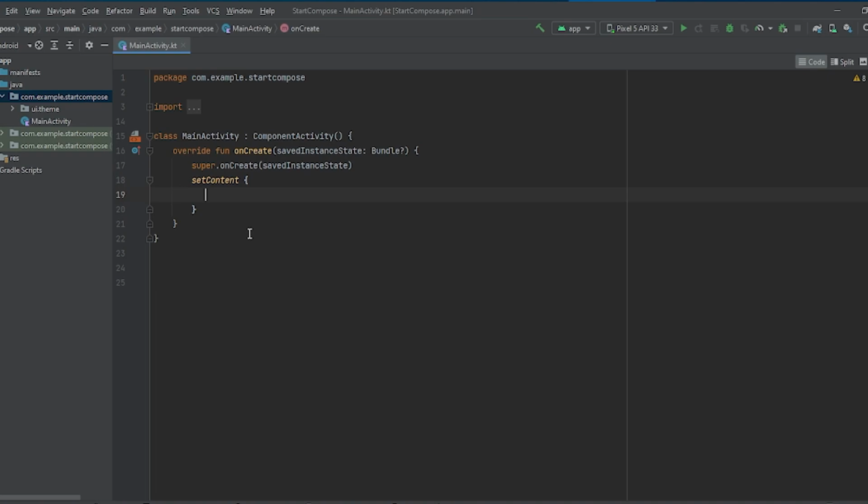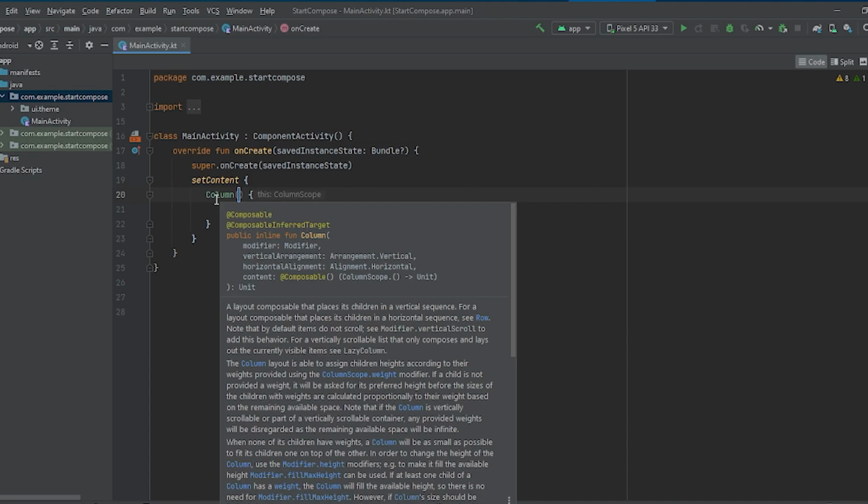So the main thing that you have to know about Jetpack Compose is that everything now is a function. Each UI component will be shown as a function. For example, we want to create a column in our application. To show something, we have to type column. It's right here. This is the function, and inside the column you have a little hint here, this column scope. So in here you can place everything that will appear inside of your column, and column itself is a function,